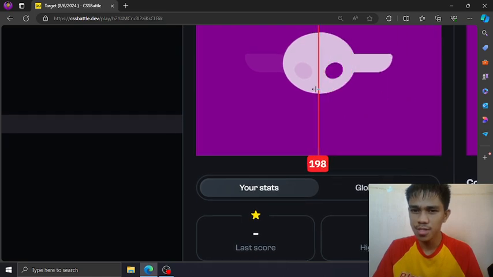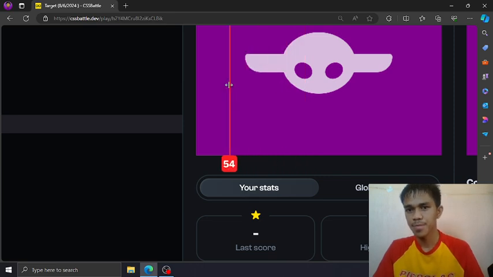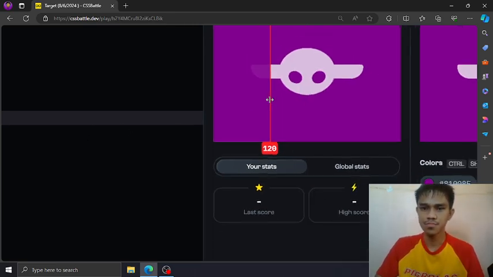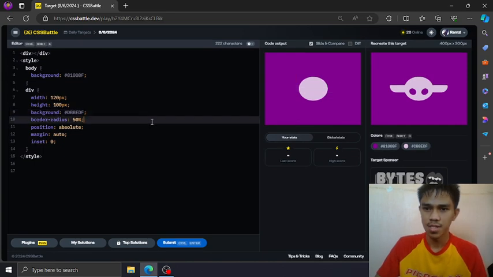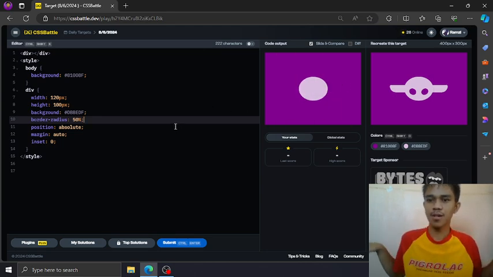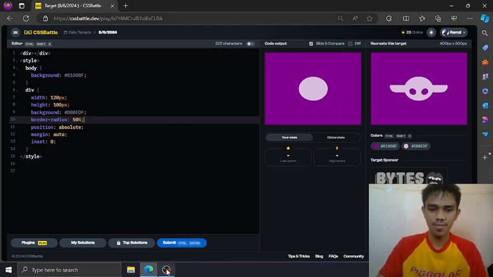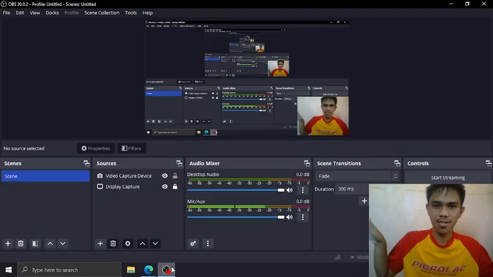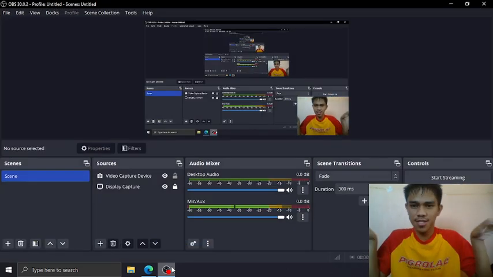Then how about this alien wear thing? Okay, let's create this horizontal flap. Just wait, let me see. Like this.